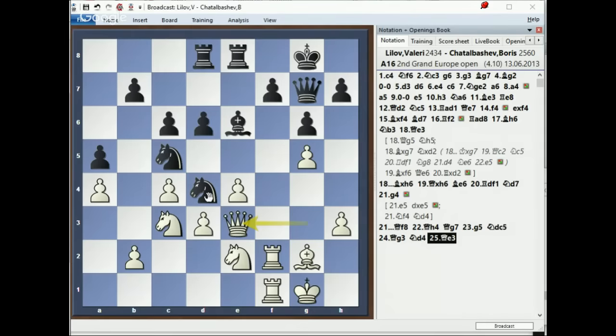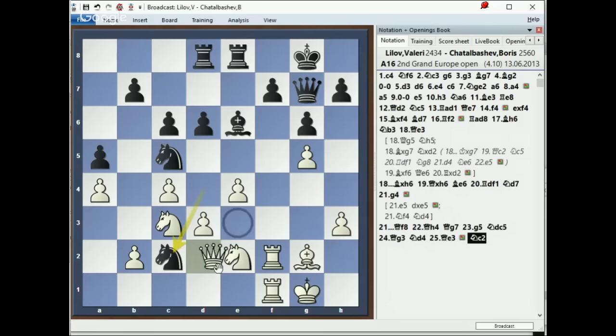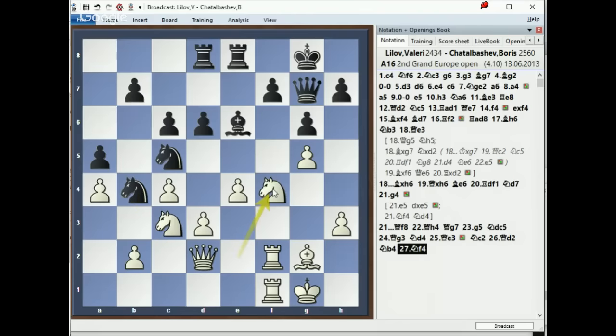I created a threat, and I was hoping that after the exchange I can take back and then do d4 to d5 or something similar. In fact, I knew that he wasn't going to take it, but I still liked the move very much. Then white played queen to d2. Knight c2, I played queen to d2, knight b4, and then I actually made knight f4. Pretty strong move. It helps my knight activate. It gives my rooks real possibilities to challenge. It was very, very good.